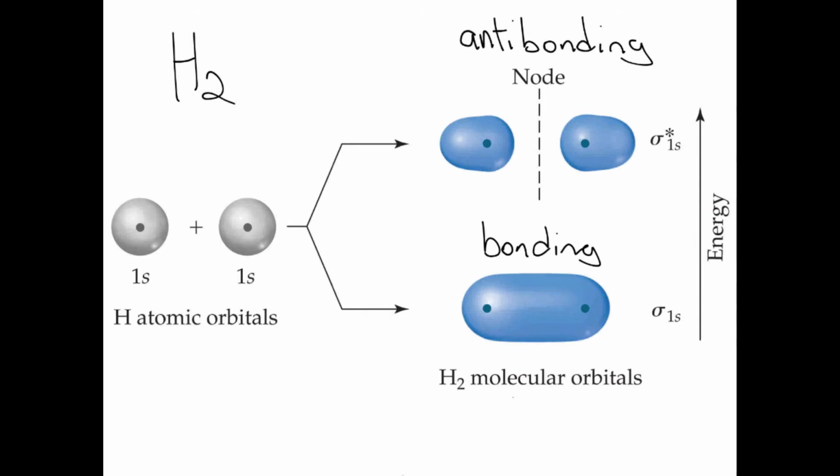I don't have the ability to create or destroy matter, and so if I remember that a 1s orbital in a hydrogen atom has the capacity for two electrons, then that means that my total set of two 1s orbitals here has the capacity for four electrons, which means that the resulting combination should also have the capacity for four